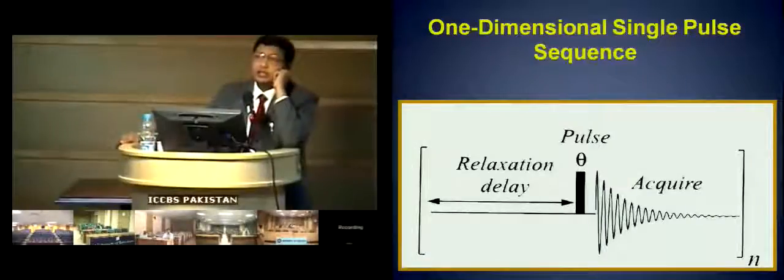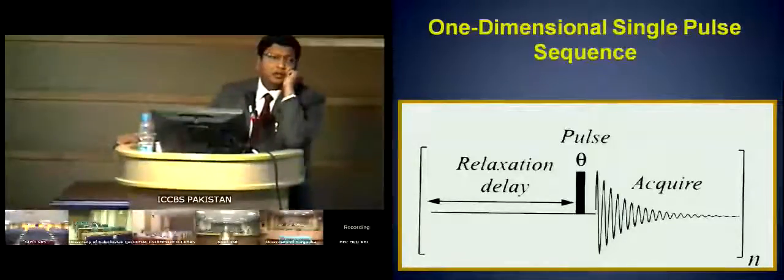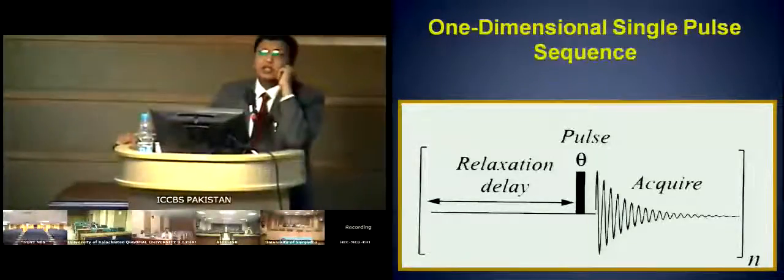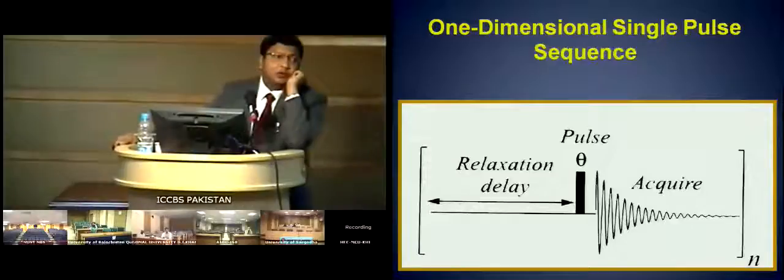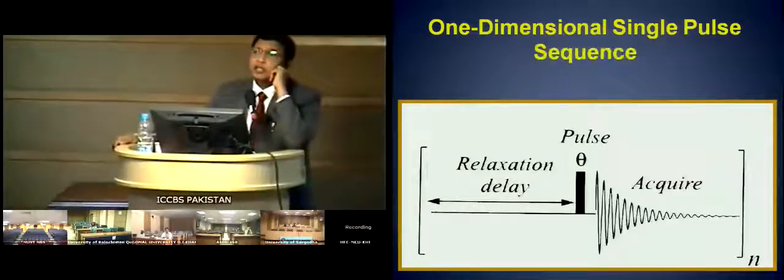I told you that in order to solve this issue of lost multiplicity information, there were lots of things which have been conducted. And I told you that there were experiments like spin-echo Fourier transformation or APT, attached proton test, through which you can